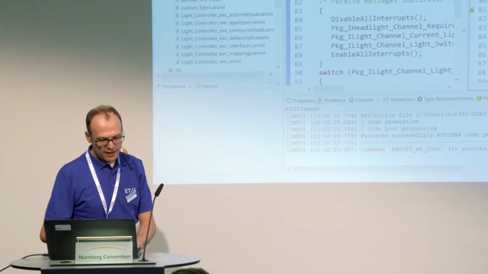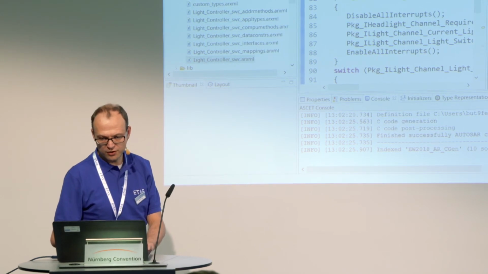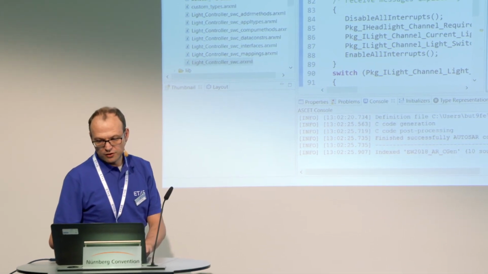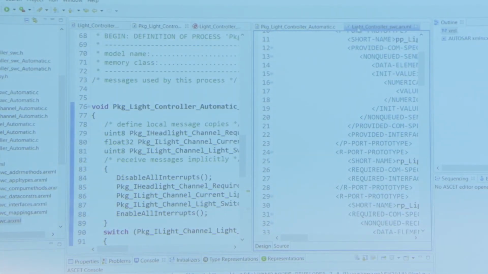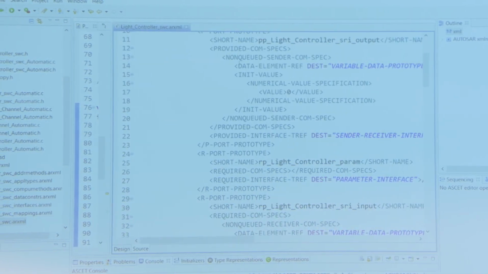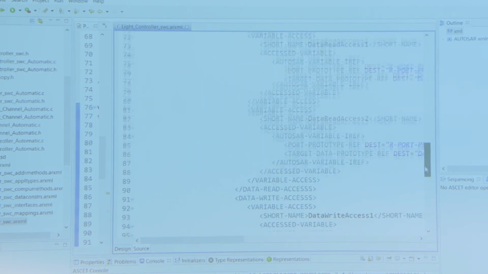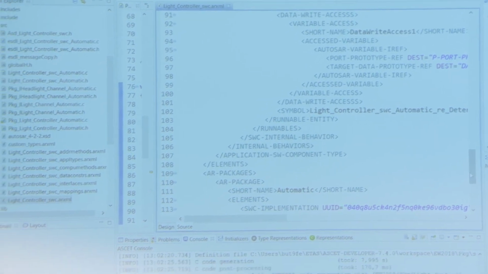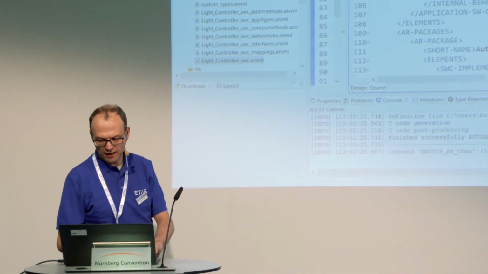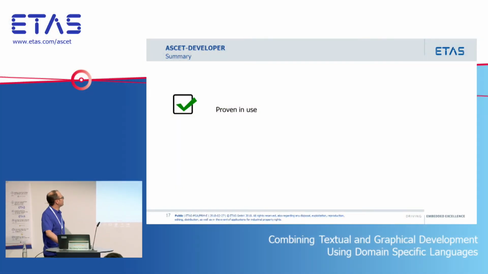And what I've also got in here, and you can see this down here, is the generated software component. So if I look at the source code of that, there is my software component here, and you can see that I've got my interfaces defined, and I've generated all my internal behavior and kept that in sync with how I'm reading and writing that in my ASCII model. So I don't need to maintain this by hand and keep going around that loop all the time. Right, so that was a very quick tour of what an ASCII model looks like.